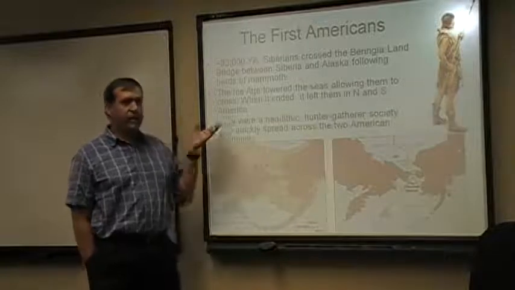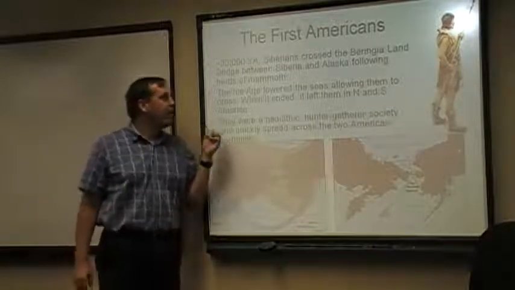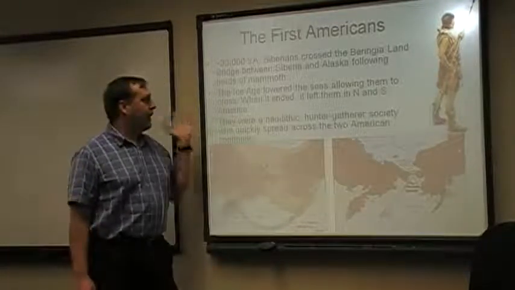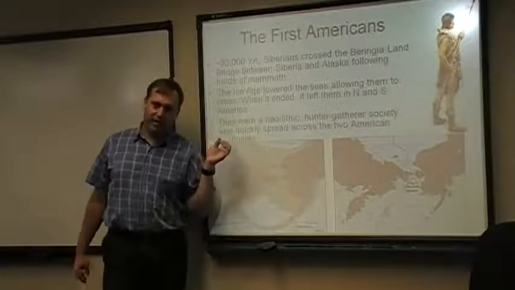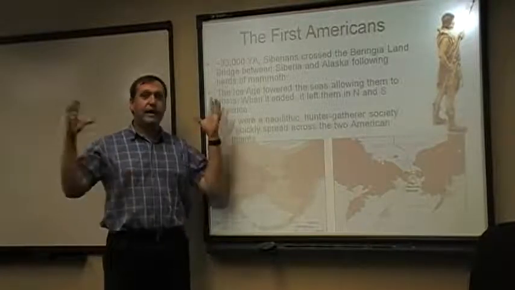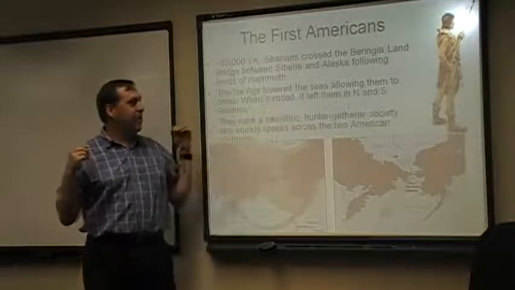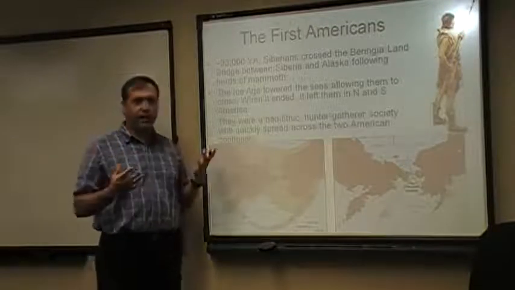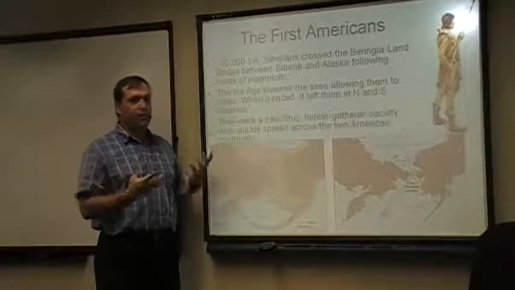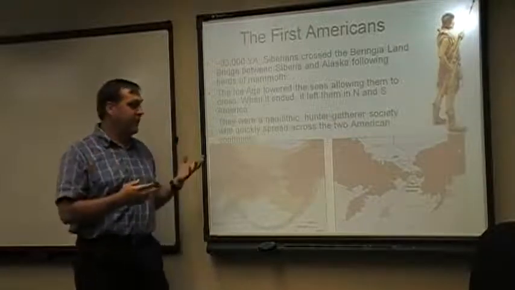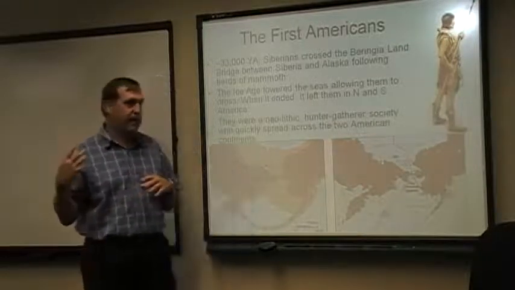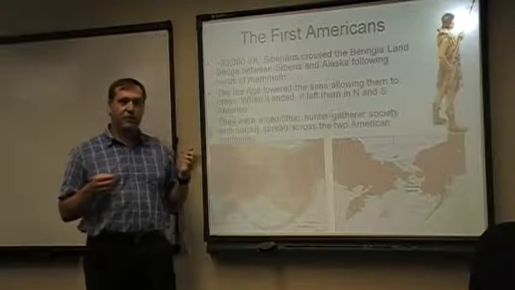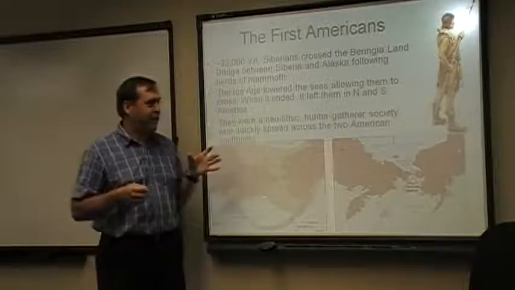So when we look at the migration of the American Indians, somewhere right around 33,000 years ago, we're going to see that the world was a radically different place. Now, nobody tell Al Gore this, but the Earth heats up and cools off all by itself. If you want to see how this changes the Earth, when periods of big-time cooling take place, a lot of the water in the ocean will freeze up and come onto dry land in the form of glaciers. And if you want to run this little experiment yourself, get yourself a big glass of Coke and then put a whole bunch of ice in it.